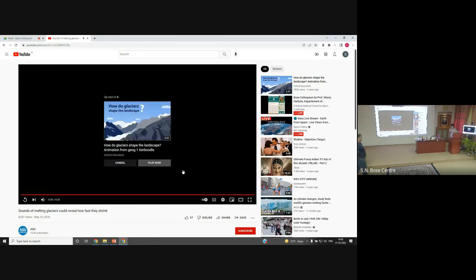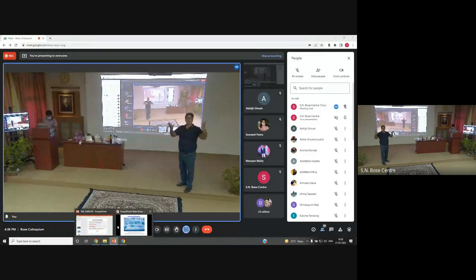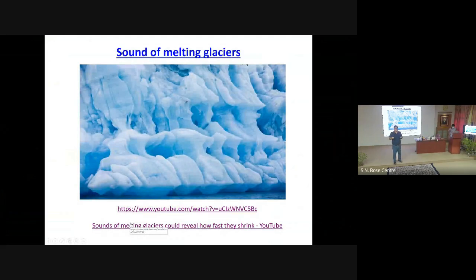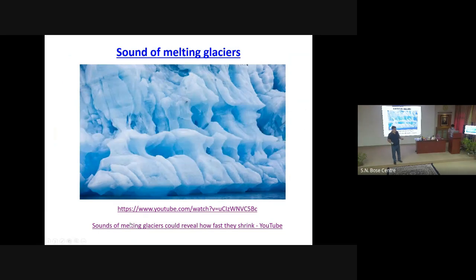Okay. So in a soda bubble, and then a small glass, we created the sound of melting glaciers. It tells you that exactly that trapped air which is coming out is making this sound. I don't really have to measure it. I can just perceive it, right? And that is environmentally very important because